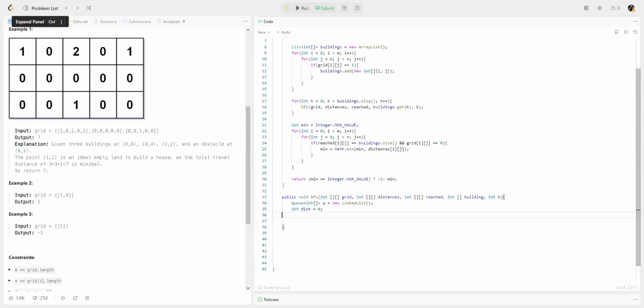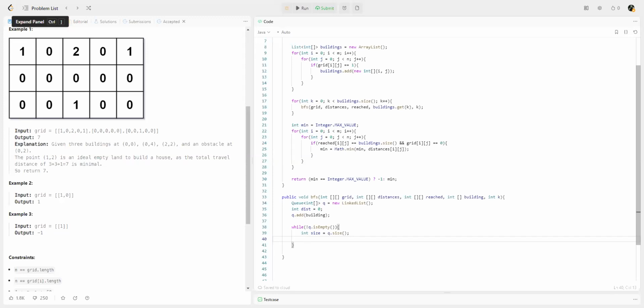What we also want to do now is to add to our priority queue the first element, right? So we add a building to our, not a priority queue, but just a normal queue. Okay, and then we'll ask now, while the queue is not empty, what we want to do is keep the size of the queue. And then for that number of elements, for size, then we will pull and process for further processing